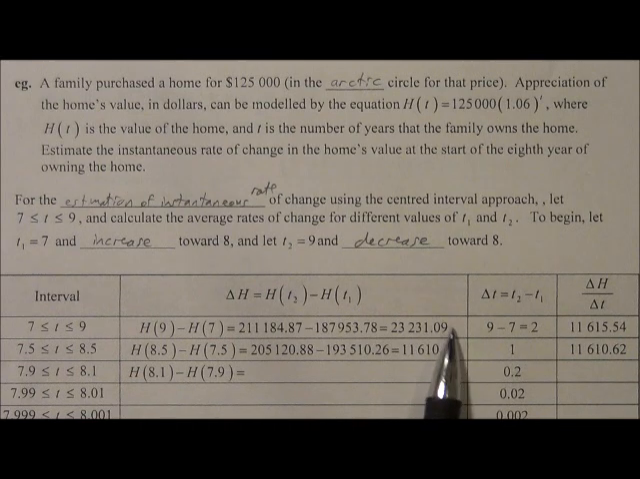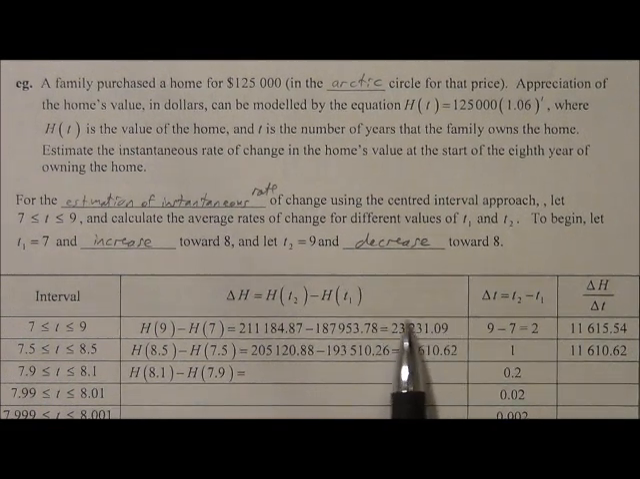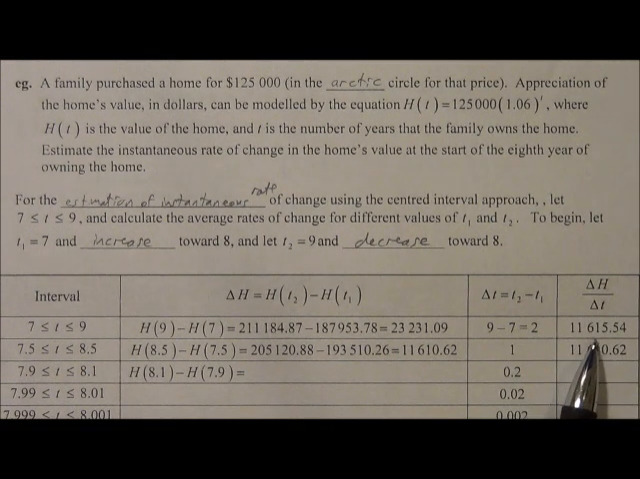23,231.09. Because we're using money values, we're only going to 2 decimal places. When it's not in terms of monetary or financial scenarios, then I'd like you to round to 7 decimal places so we can get the greatest accuracy possible. And then of course here we'll do the delta t, which is t2 minus t1 in this case, which is 9 minus 7, gives us 2. Then we'll take this value of 23,231.09 and divide by 2 for delta h over delta t to give $11,615.54. That is the average rate of change, the average appreciation of value of the home between 7 years and